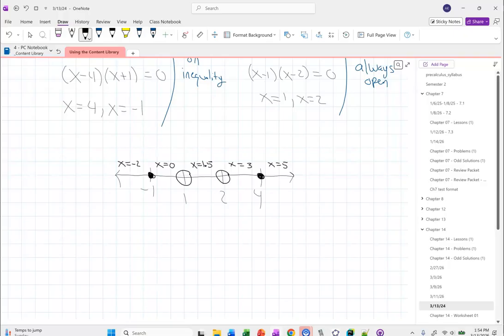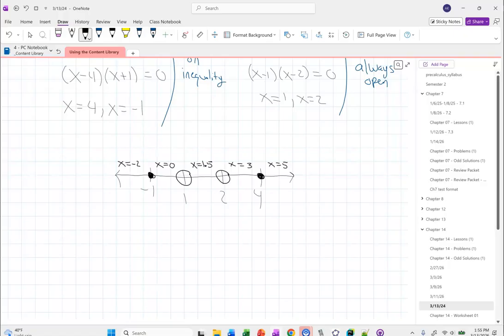Is there anything magical about the numbers I picked? No, as long as they're inside the interval that they're representing, it doesn't matter what you pick. But be sensible. Don't pick something that's really difficult to deal with. I'm not going to pick between 1 and 2, like 17 twelfths. Why would you do that? Don't make life hard for yourself. Just pick an easy number to deal with.